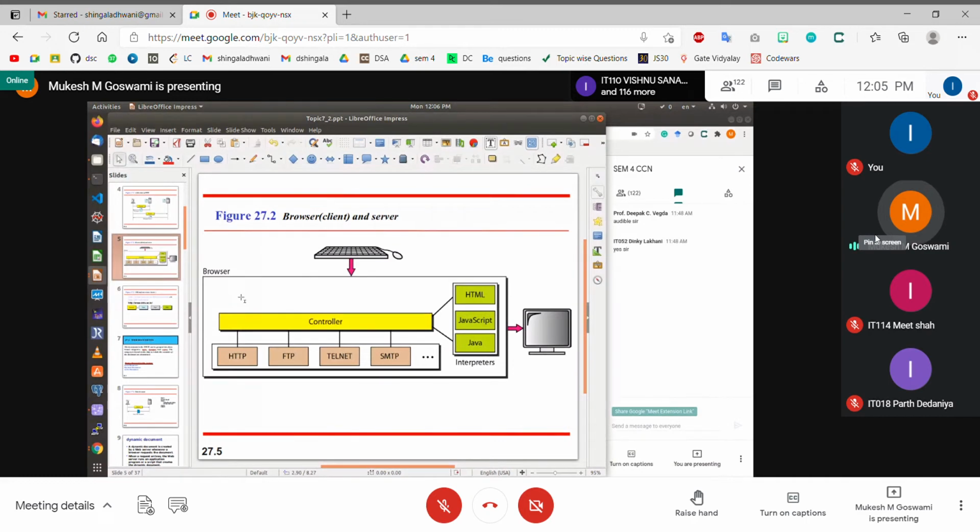Similarly, the browser will also contain another interpreter that is called the Java runtime environment, or JVM, or Java interpreter. Obviously, for this Java interpreter to work, you first have to install the Java virtual machine, or JVM, on your machine. But if you have it, then using the Java virtual machine you have a Java interpreter, which is also able to execute Java programs inside the web browser.